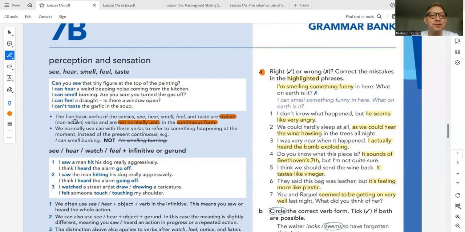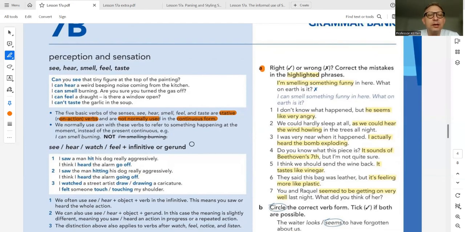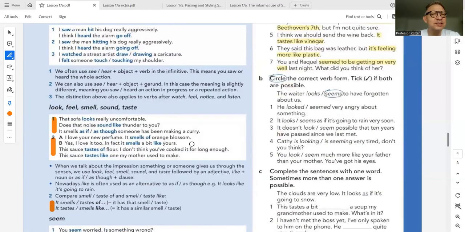These are called stative verbs. You can see here, stative or non-action verbs normally aren't used in the continuous. That's in standard, traditional, formal English, going by the rules. But as we know, some people don't like to play by the rules. And so we're going to talk about that, because that group of people is growing and growing, and so are the informal situations that invite these phrases, which I'll talk about in a minute.